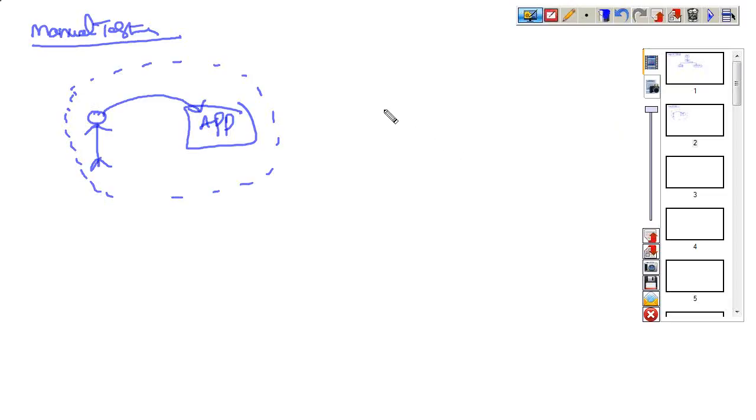But if you come to the technical definition of manual testing, every company needs to follow a life cycle to complete manual testing. That is what we call the software testing life cycle. Every company must follow it to complete manual testing.